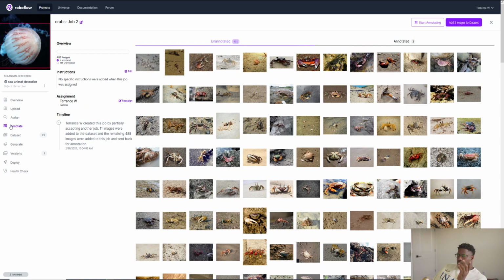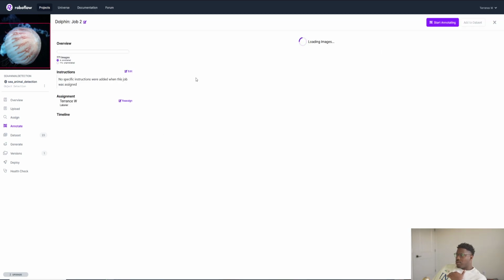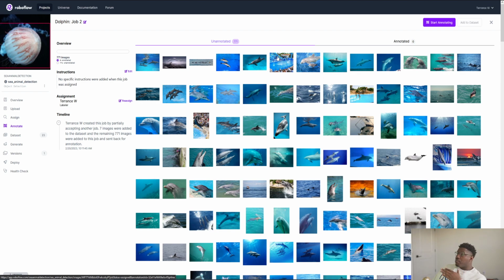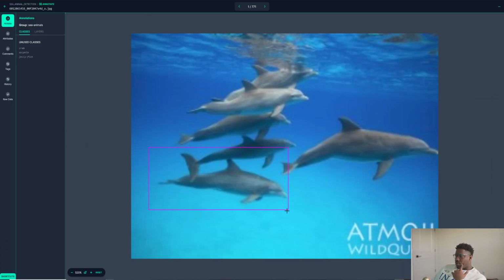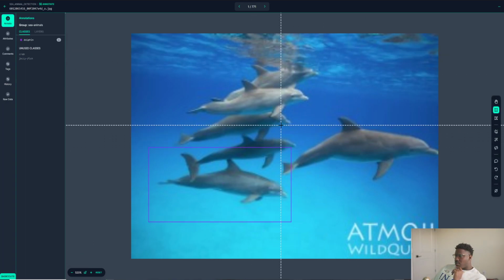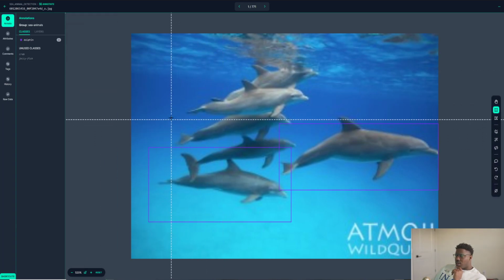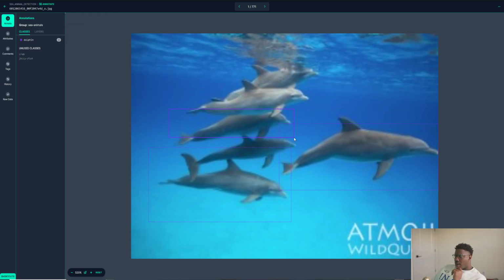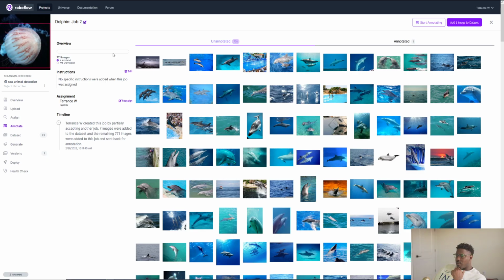We would essentially do this for each of the batches that we have. So for crabs, jellyfish, dolphin, we're going to go through and label as much data as we can. For the dolphin right here, we could have multiple bounding boxes of dolphins. One dolphin might be right there, one might be right here, another one right here. So you get the idea of labeling your own data